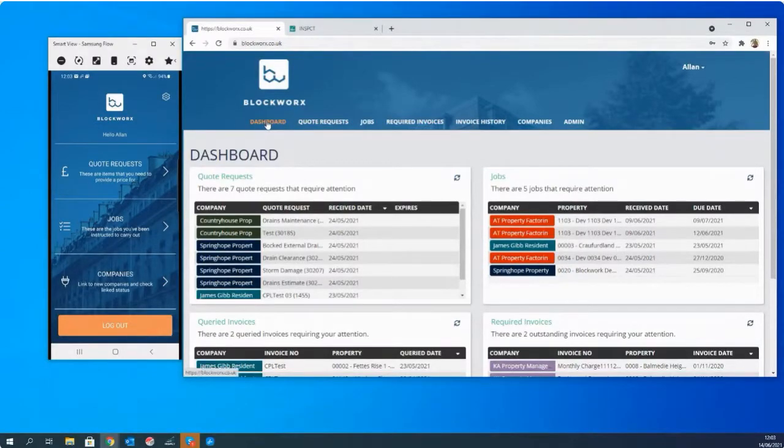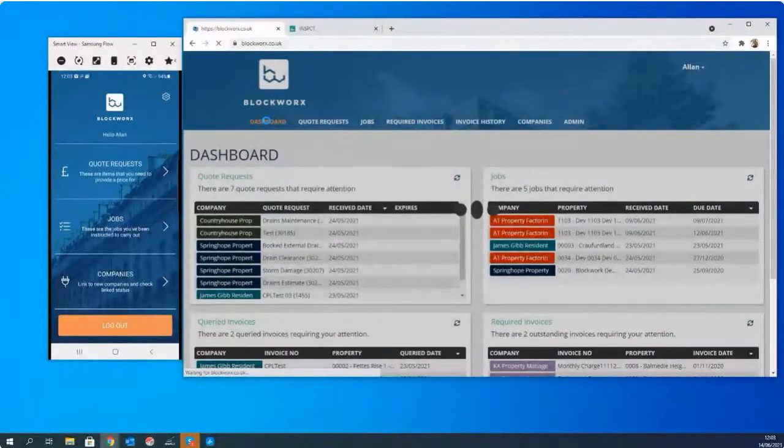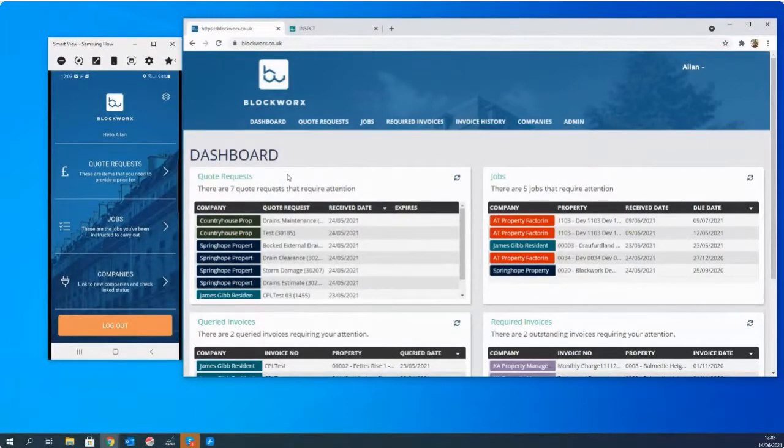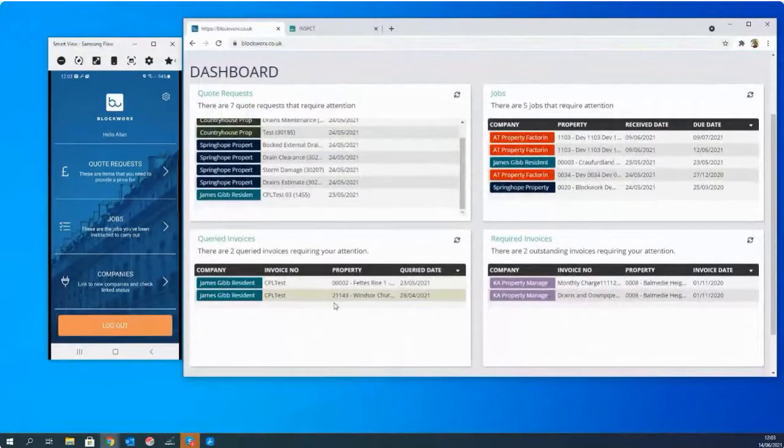So on the right-hand side, what you have the ability to do as a contractor when you first log in is, the information related to any property management company that you're linked to via Blockworx will appear on your dashboard. The dashboard is broken down into 4 very distinct segments. One looks at quote requests, so that's new quote requests which have been sent to you from any of the property management companies you're linked to, any new jobs, and then the bottom 2 sections look at any queries,